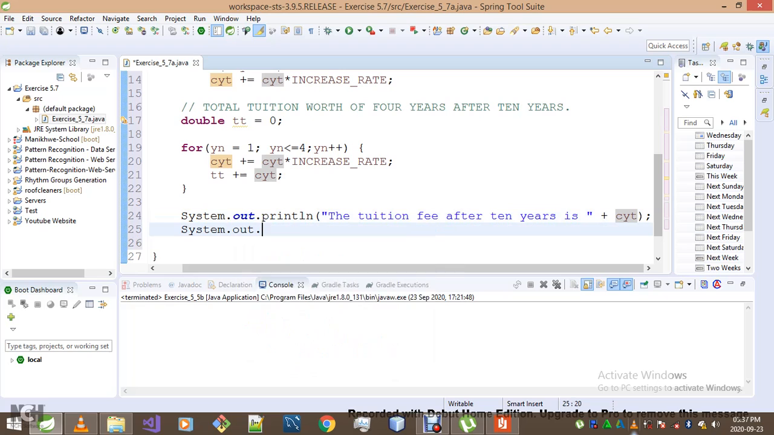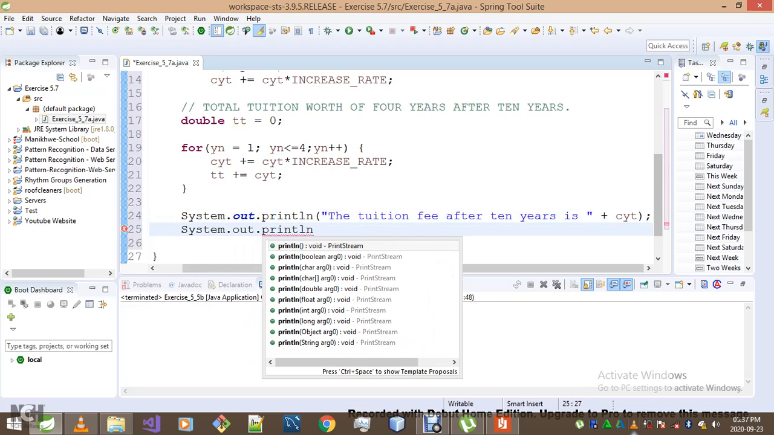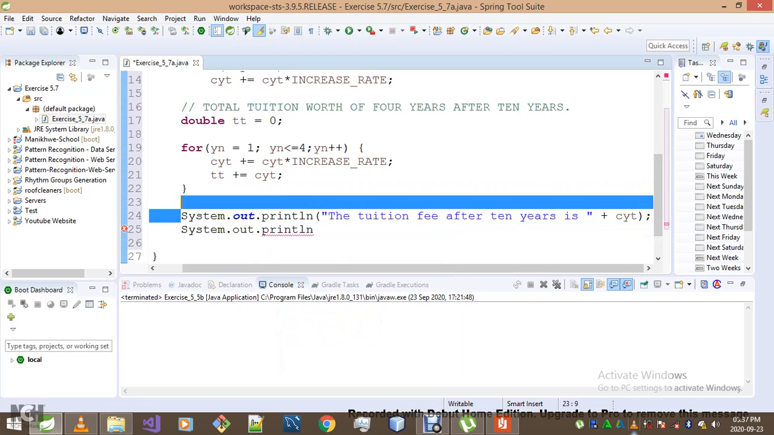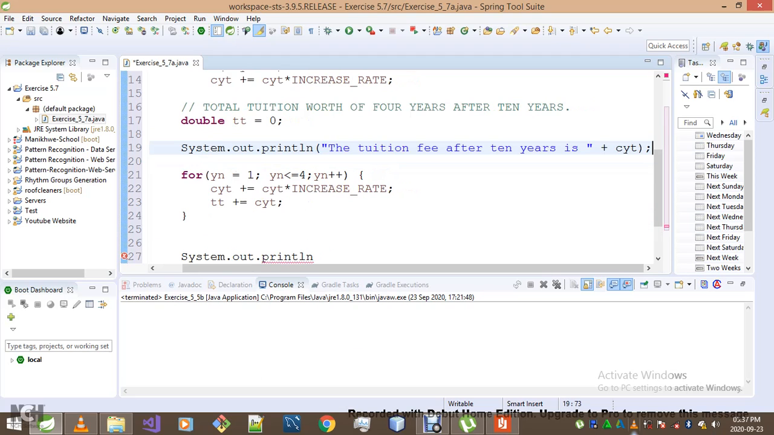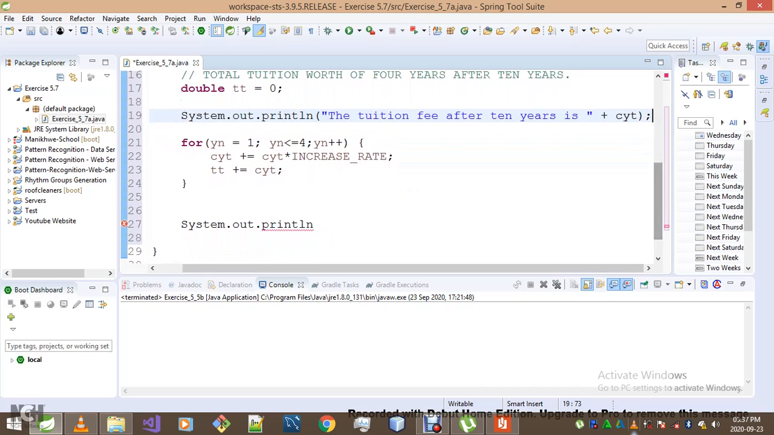And System.out.print. In fact, I want to put that up there. Okay, why do I want to put it up there? It's because at the bottom of line 19 I will still have to work with my current year tuition, so it will be modified. I want the old value, the value it will have after 10 years. Okay, so now I'll simply go